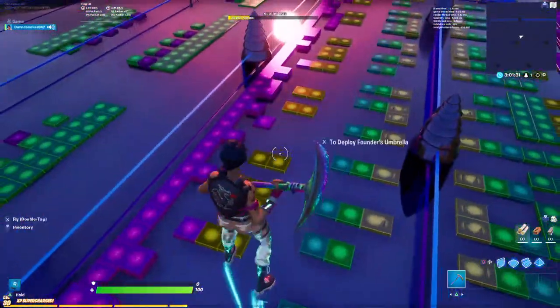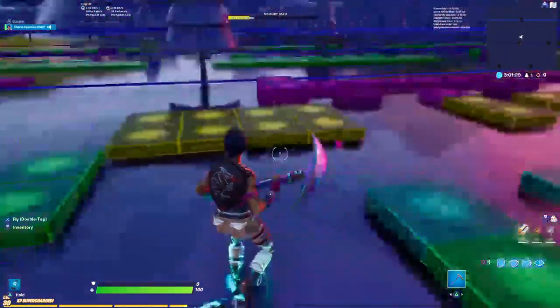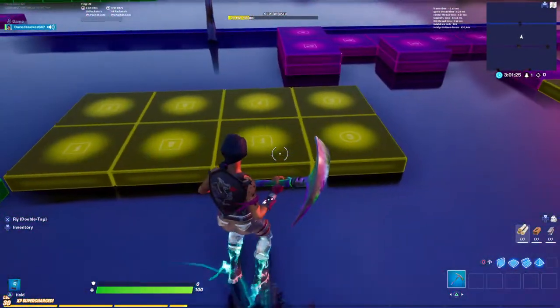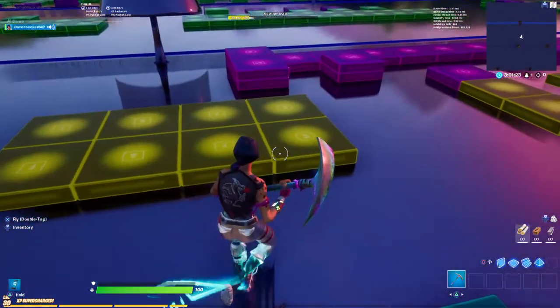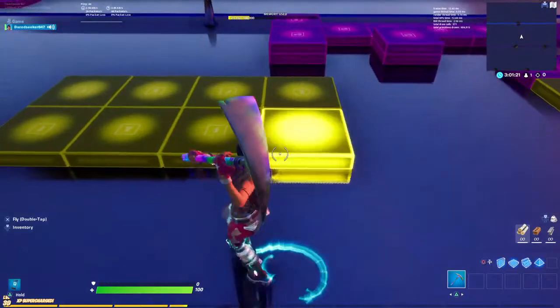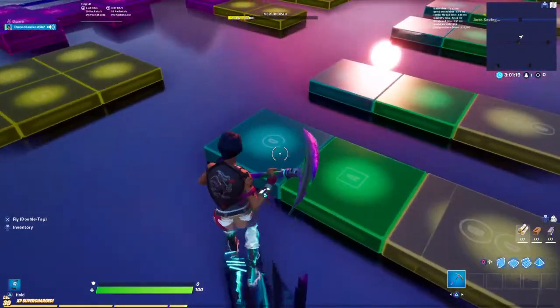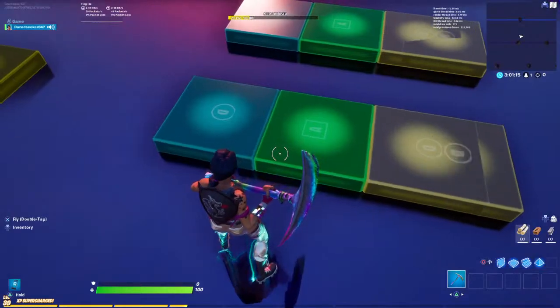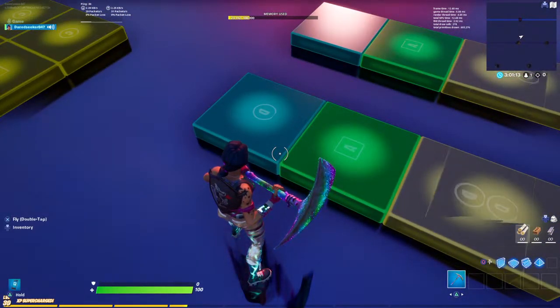Okay, so for this part, you're gonna begin 3 blocks from this yellow. You're gonna begin on a C circle. Okay, so you're gonna have D circle, A square, and by the way, guys, you can look on my screen